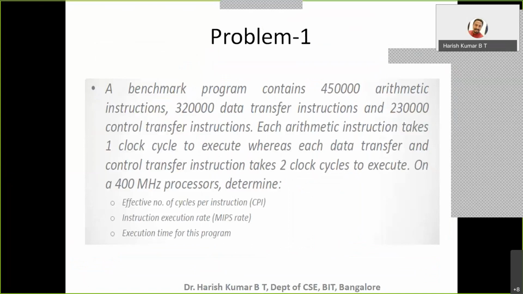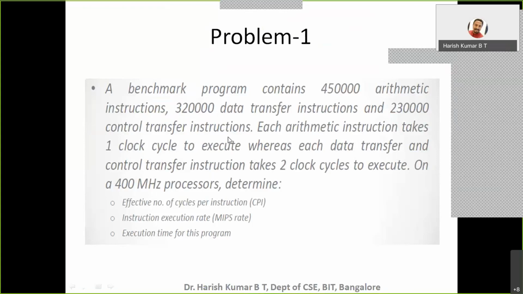Just read this problem. A benchmark program contains 4,50,000 arithmetic instructions. That means you have a program, and that program contains how many arithmetic instructions? Sorry, not 45,000, 4,50,000 arithmetic instructions are there, and 3,20,000 data transfer instructions are there, and 2,30,000 control transfer instructions